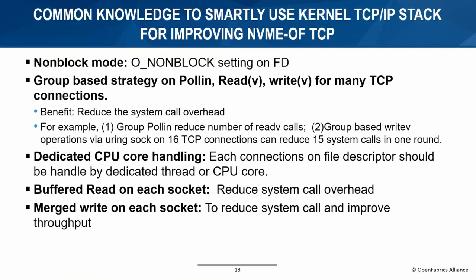And also for the writev asynchronous support in our URING implementation, we use IO URING based submission. So for example, if there are 16 TCP connections in the group, we can use just one system call in one round, and reduce the system call overhead